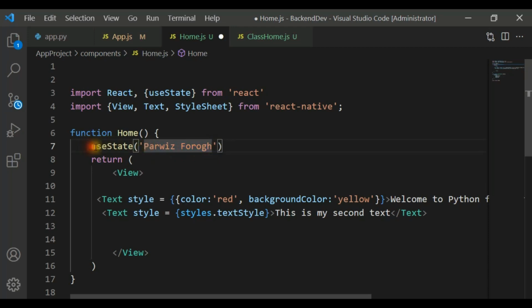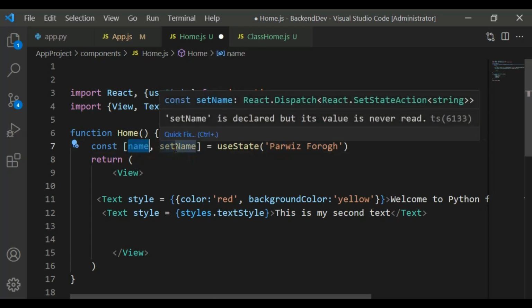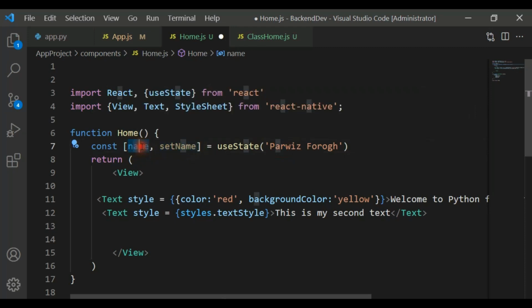Now it returns an array, and we are using array destructuring, so we can just say const, and for example name, setName. Here you can see the initial value, so this is the name. We can access it using this name, and we can change it using this setName. So this is a variable, and this is a function that changes this name state. Now here let me use the name, and also let me change this to another one, for example